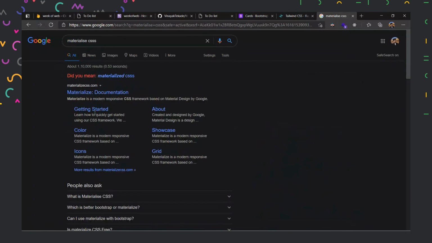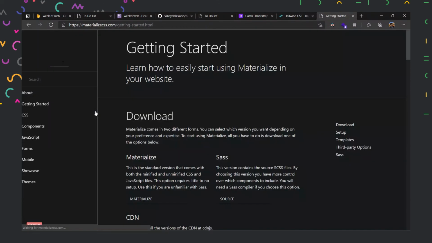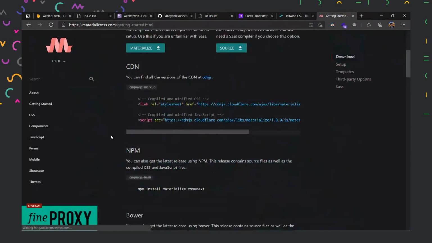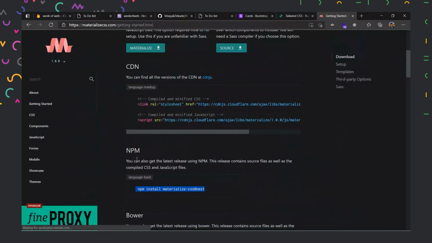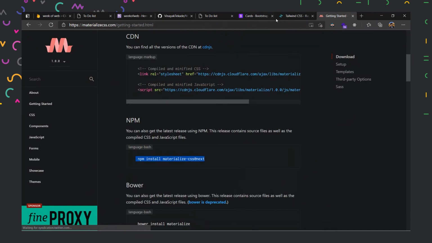Here also we have their documentation, which shows how to actually use the whole product. We can use npm to install it directly. We don't even have to use the CDN at all. We can just install it using npm itself. We don't have to leave our terminal at all. We don't have to leave the development environment at all. Everything is possible by Node Package Manager. So yes, those were the three examples of CSS frameworks we had.